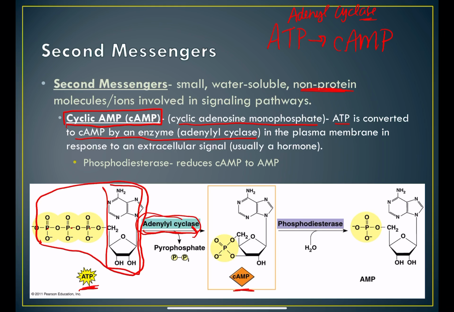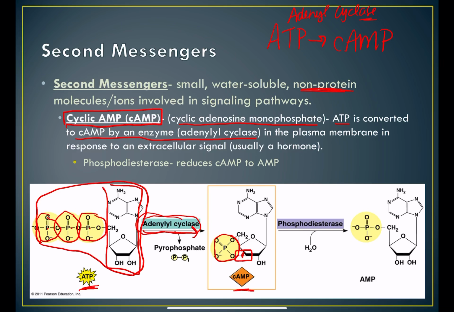And what you see, if you look at the structure of ATP and cAMP, ATP has these 3 phosphate groups, okay? cAMP only has 1 phosphate group. So you might say, Ms. Brown, why isn't that just AMP? Why isn't that just adenosine monophosphate? Well, it's cyclic, and that's what that C stands for. Because of this bond right here that kind of pulls the structure into a ring, so to speak, that brings it in here and makes it more one with the adenosine, okay? And so that's cAMP. So the enzyme that does that is adenyl cyclase, which converts ATP to cAMP,